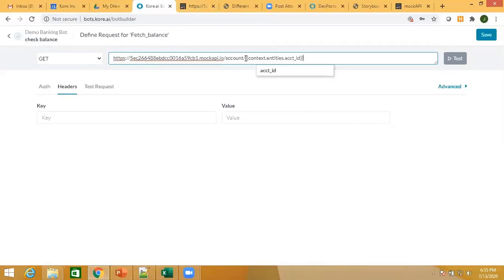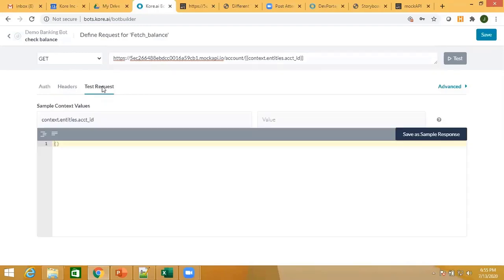If it is a condition on any other column that is defined, the way to do it is put a question mark and then you say filter equal to followed by the value on which you want to filter. Okay, so that is how mock API supports it. You will get it also in the documentation for mock API, but here since this is the column which is auto generated, you can directly provide the value on which the filtering will take place, and here the value is the account ID which is provided by the user within the entity account ID. Okay, so I pass that as a parameter.